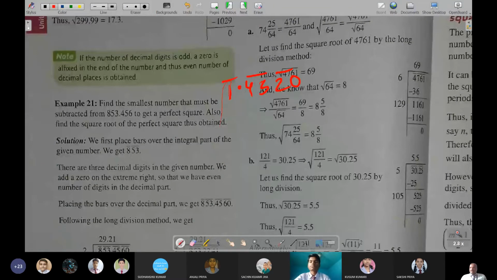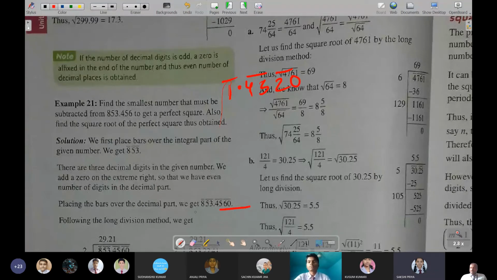After the decimal, pairs should be formed. And before the decimal, of course, if there are 3 numbers, then 2 will form a pair and 1 will be left. Getting it? Yes. Like over here, you can see, sir, 4, 5, 6 was there. There was no pair. So here 1, 0 has been kept to make a pair.